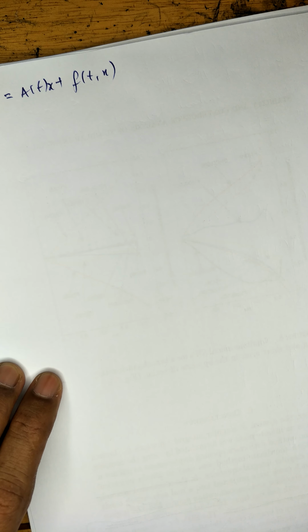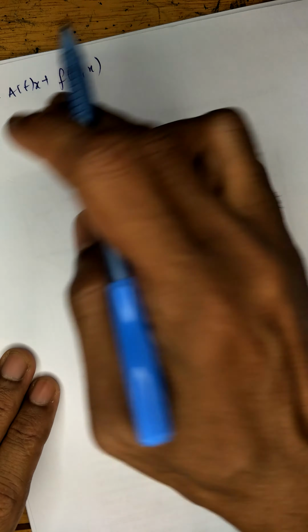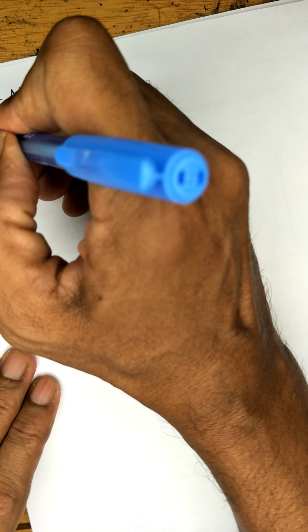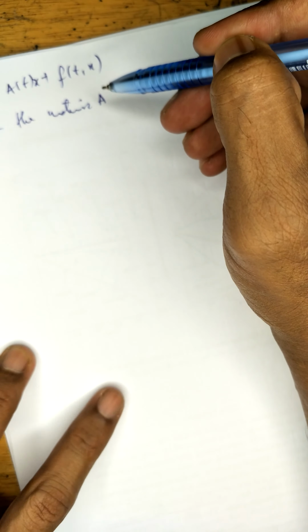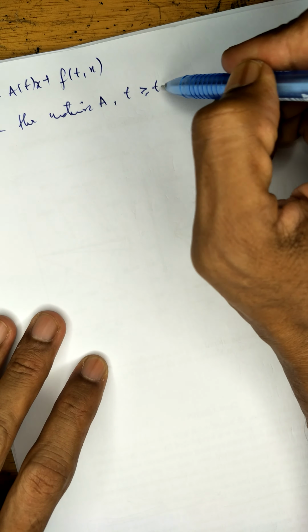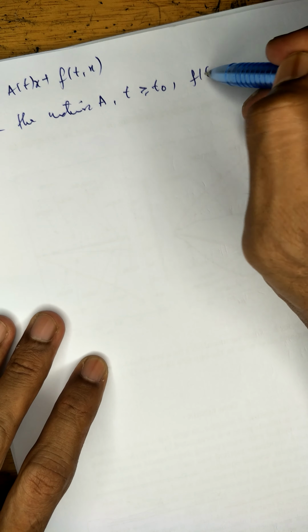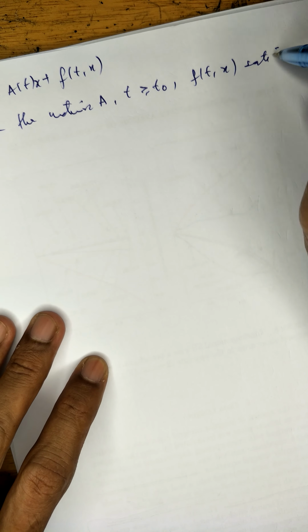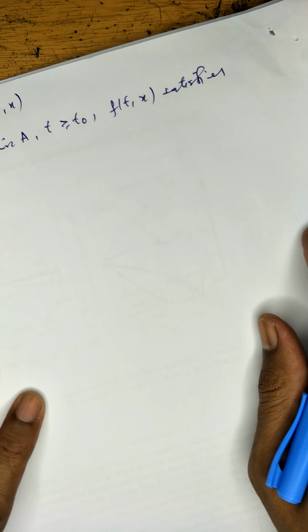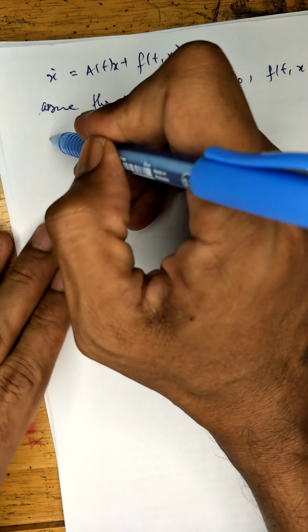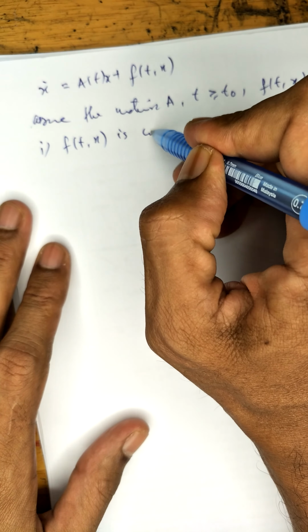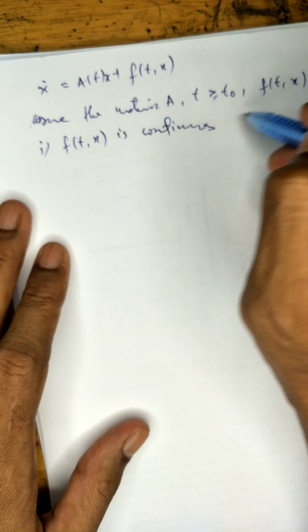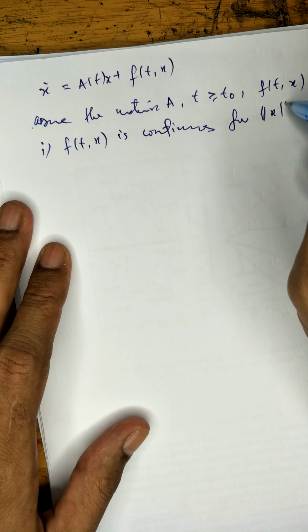Okay, where we assume the matrix A for t greater than t naught, and f(t,x) satisfies: number 1, f(t,x) is continuous for norm of x less than some number a, and this is for t greater than t naught, and number 2,